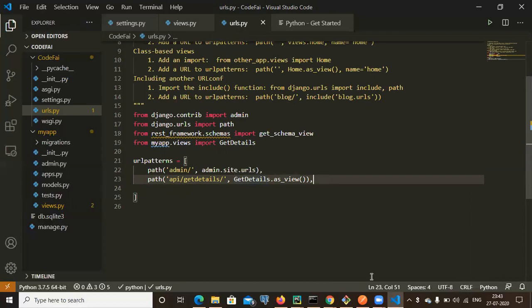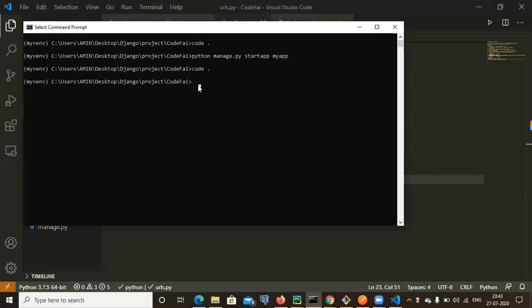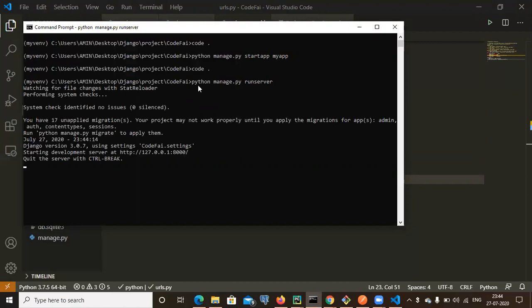So now I need to run the server. It will give you the error first. Let me check. So it's running now.